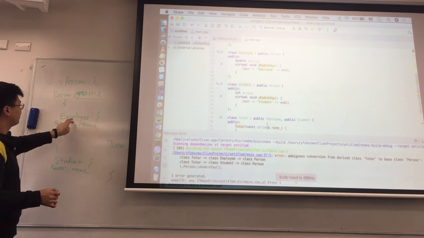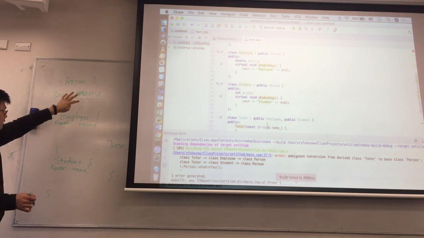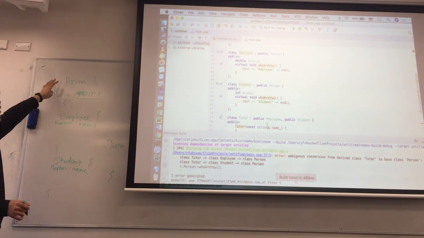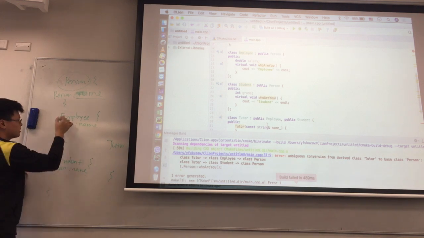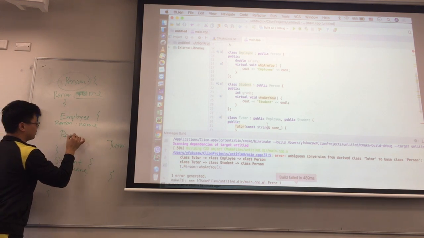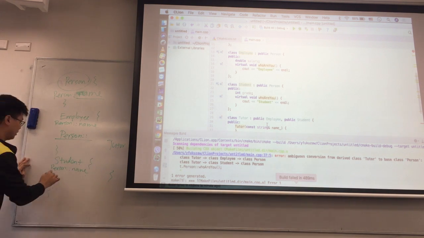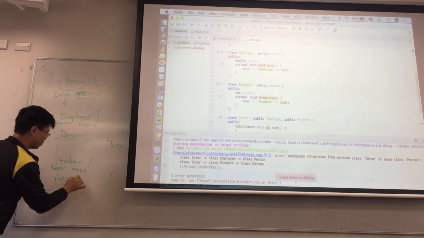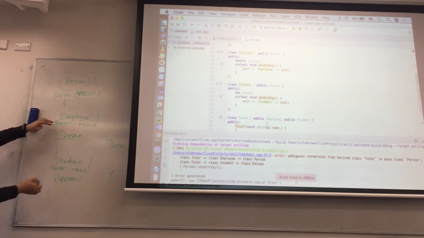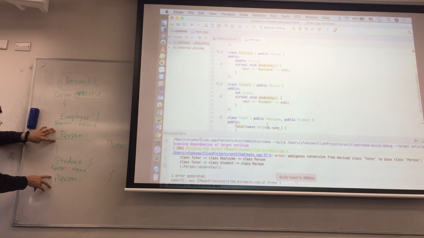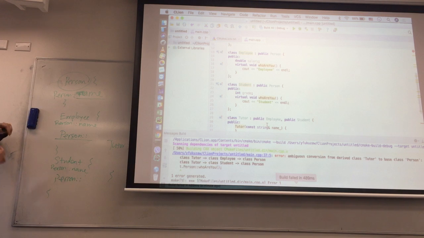What happens is, when you inherit employee from person and student from person, not only are the variables and the functions in here copied over, but the entire class is copied over as well. So inside the scope there is a sort of placeholder: person inside employee scope, and then person inside student scope as well. So when we inherit tutor from these classes, we end up with two scopes of person. And when you say person, it doesn't know which person. Right, so this is insane, but